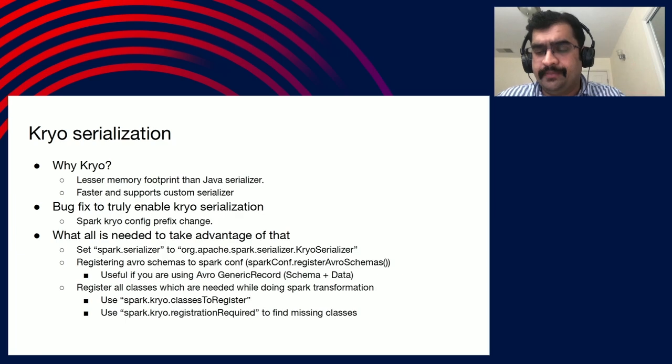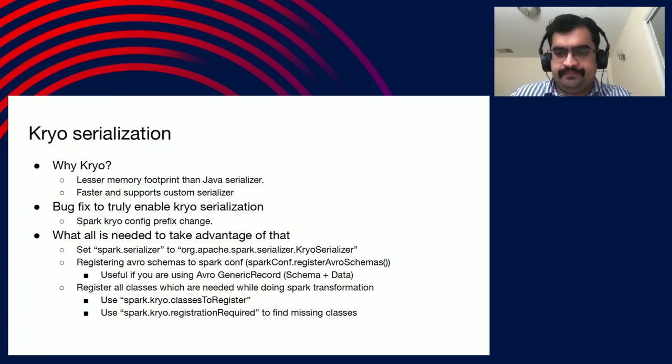And if you're not sure what classes you should be registering, just turn on the registrationRequired configuration. It will start spitting out in the logs, okay, this is the class I'm not able to find. That way, you can do some n iterations and add all the classes into the config.